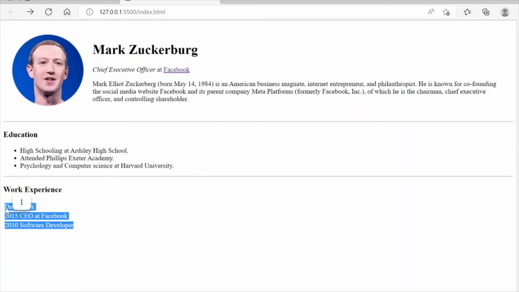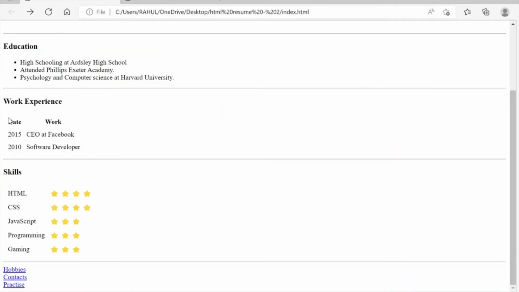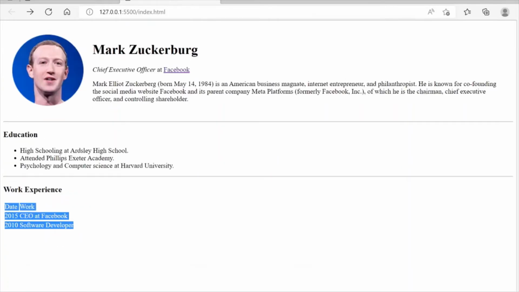One thing to note is the date and work here are bold, whereas in our case it is not bold because it is considering date and work as the normal row content, right? But we need to mention that it is a heading.